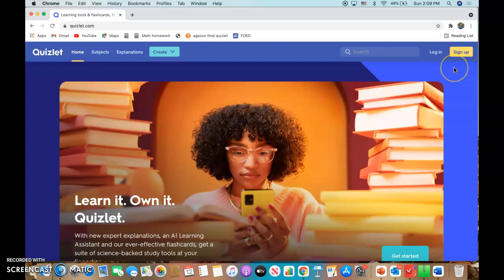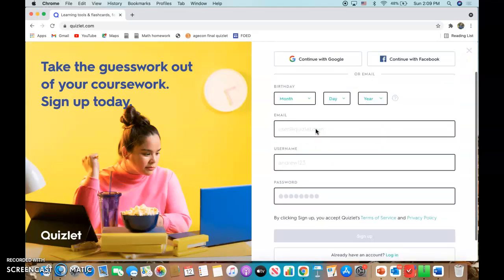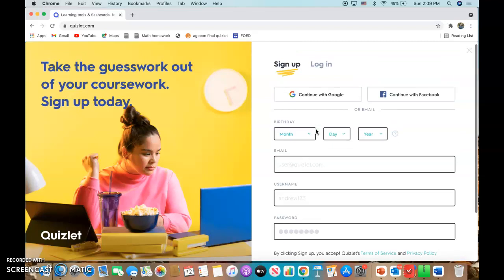If you already have an account, you'll just click log in, but if you are new to this, you can click sign up. You can do a whole new username and password, whatever you want to do, or you can click one of these two buttons, continue with Facebook or with Google. I am going to actually continue with Facebook because that's what I used since I was in high school